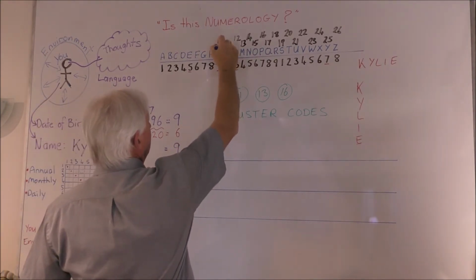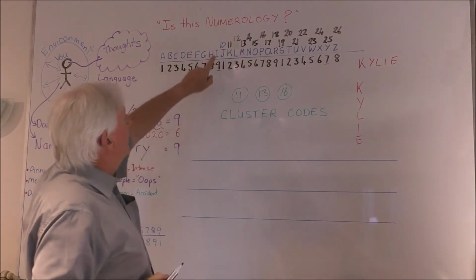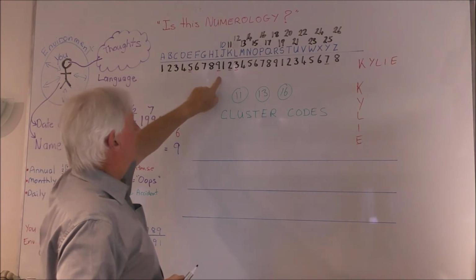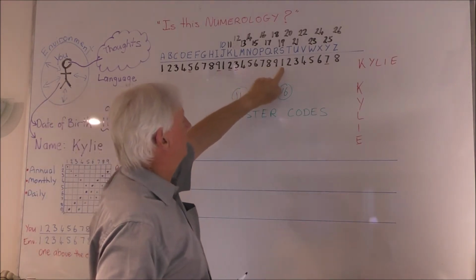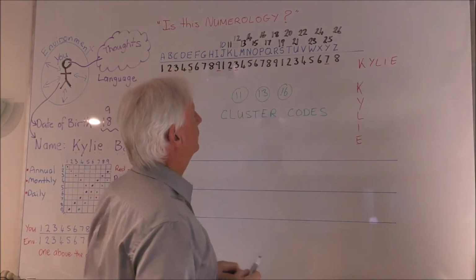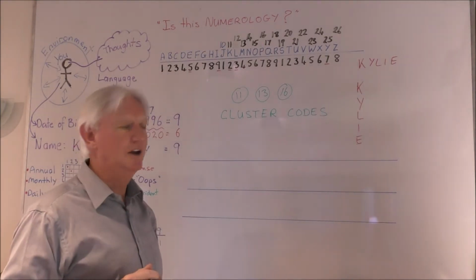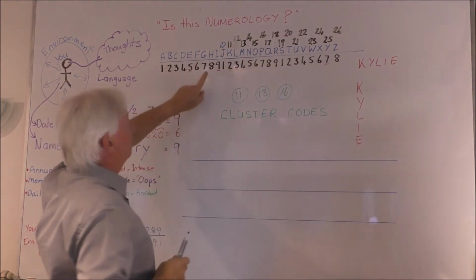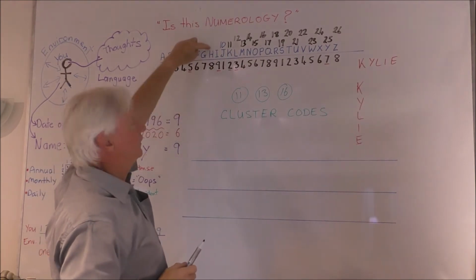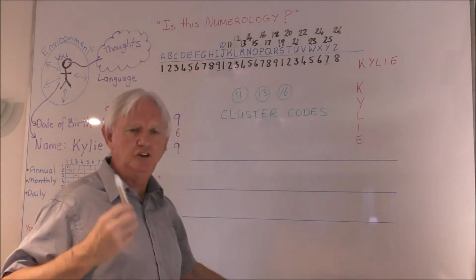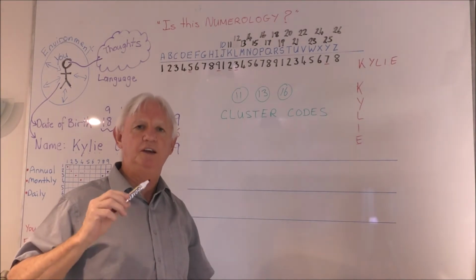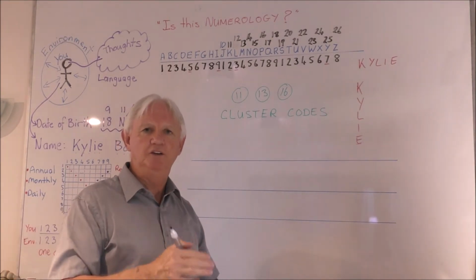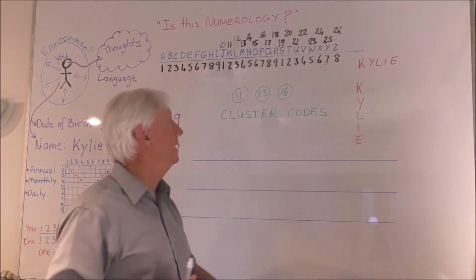I'll put 10 up here, I've got 11 next to it. 1 plus 0 is 1. So although I've got 1 to 9 and 1 to 9 repeating and 1 to 8, because that's what Z, or Z for our American friends, represents, each of the letters therefore are valued but have a different shape. And it's the shape that represents the key interpretation of numbers into letters and letters into numbers.